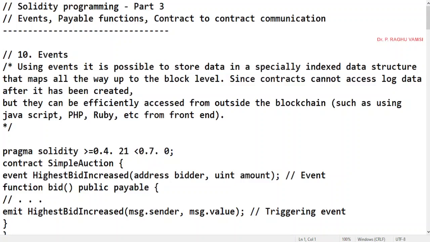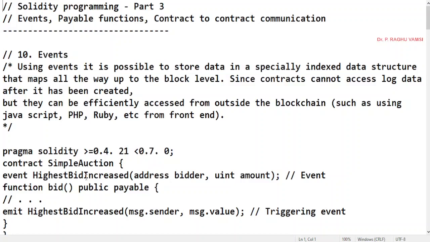Here is an example program. Pragma solidity greater than or equal to 0.4.21 and less than 0.7.0. Contract SimpleAuction, event HighestBidIncreased. Now this is the event. Previously the bid was normal, but the highest bid recorded so far was increased.